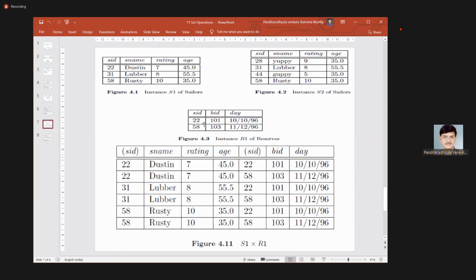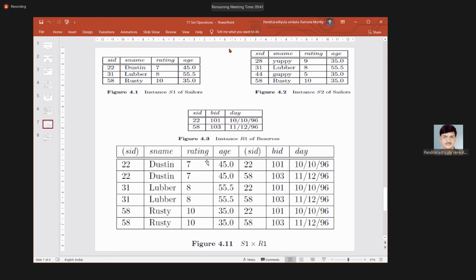It is joined with both rows, 22, 101, 10. Once again, Dustin 7, 45 is repeated because there is one more row here. So the first row is joined with the 2 rows in the reserves table.